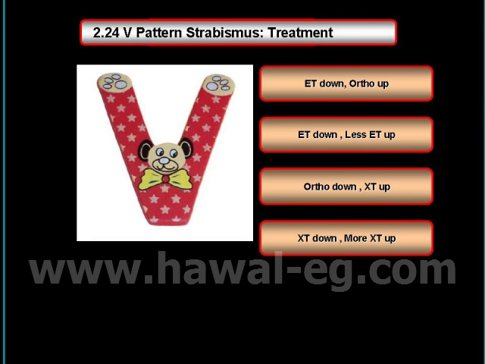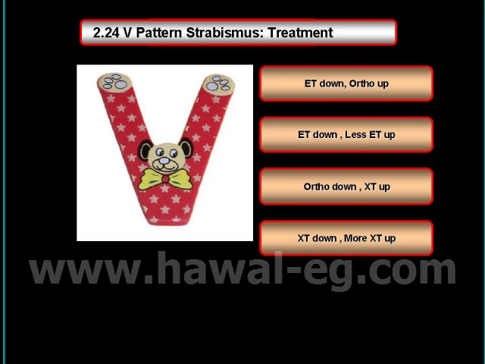Horizontal strabismus, an esotropia or an exotropia whose angle of deviation is greater up than downward by about 15 diopters, is called V-pattern strabismus. This horizontal incompetence in vertical gaze may not be functionally significant and does not require treatment in all cases. V-pattern strabismus may be esotropia down and orthotropia up, esotropia down but less esotropia up,